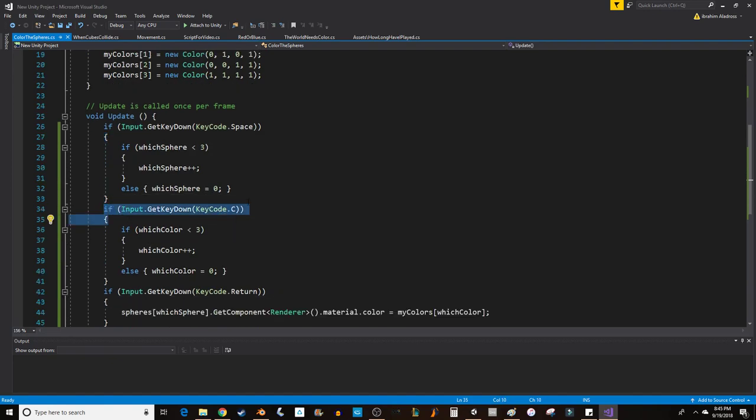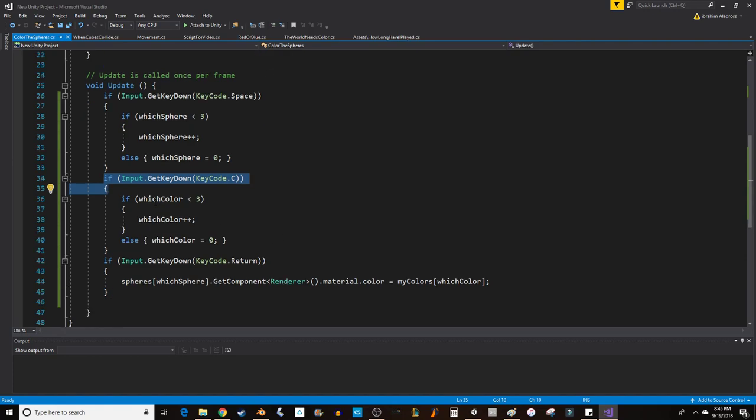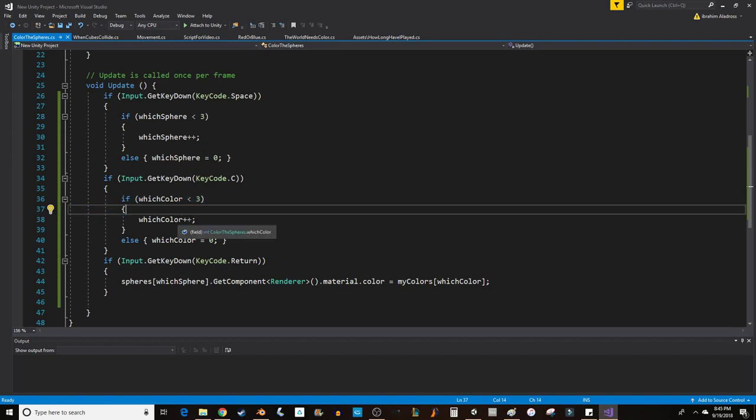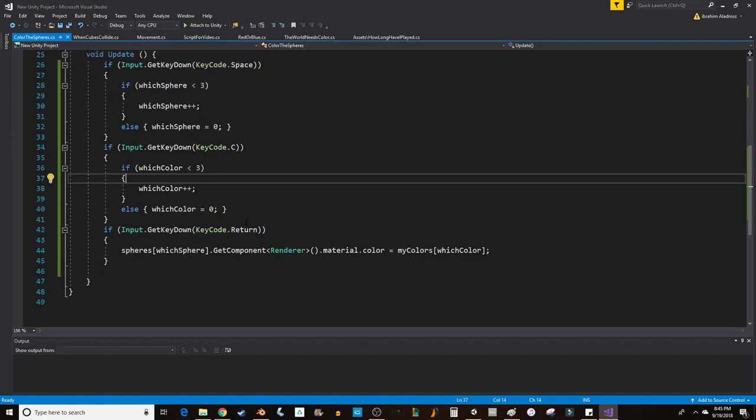Give it a key. I've just assigned C for color, really easy to remember. And then if it's less than 3, I want to add 1 to the index. Remember, this is not the color itself, this is an integer that we're changing. We're adding 1 to the index. And then if we're already at 3, we want to reset it back to 0 when you press C. Okay, so now we have control over which sphere, which color, and then lastly, let's do some kind of confirm